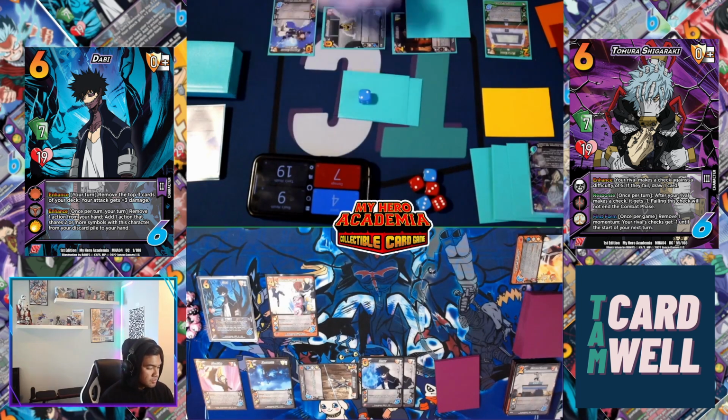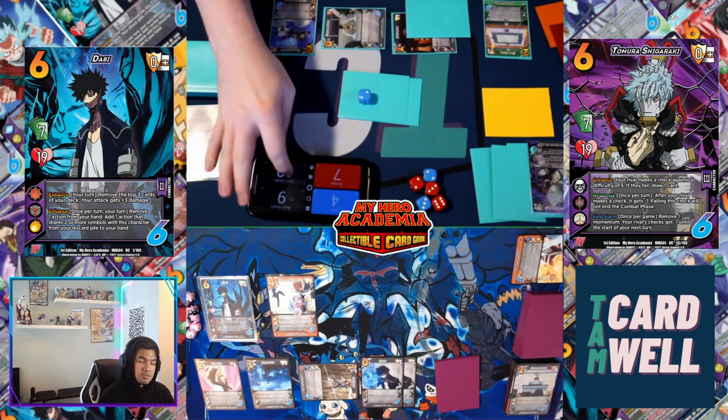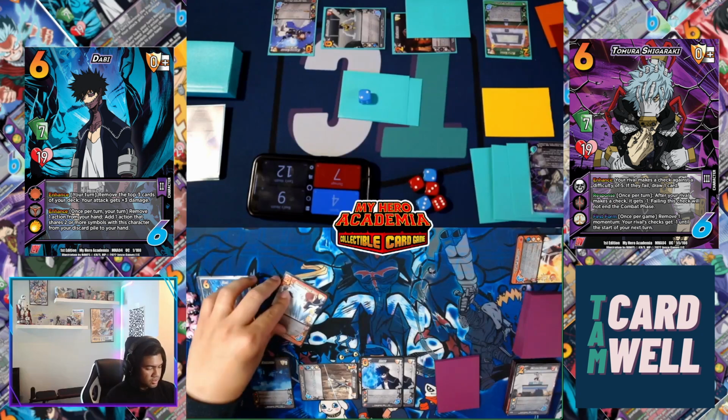Yeah, we're going to go to blocks. Sweet. So it's a 4 low for 7. I will choose not to block. I'll take 7. Oh, nice. 6, 7. Huzzah. Okay. Next,